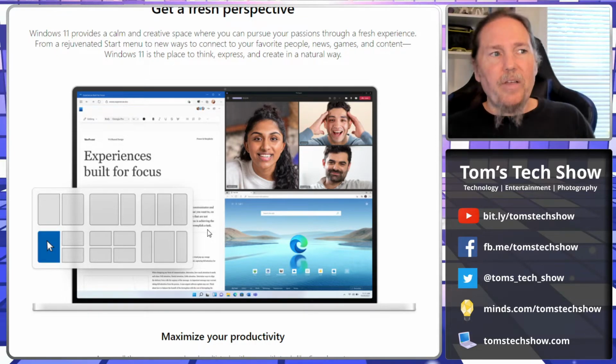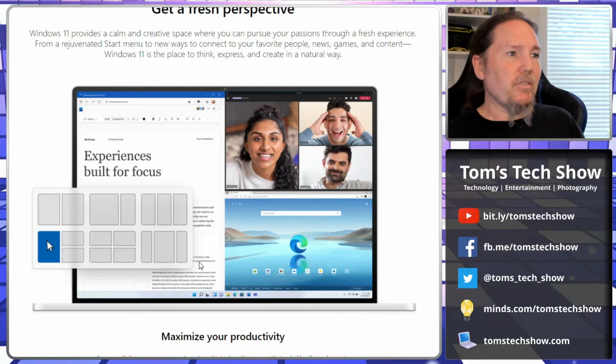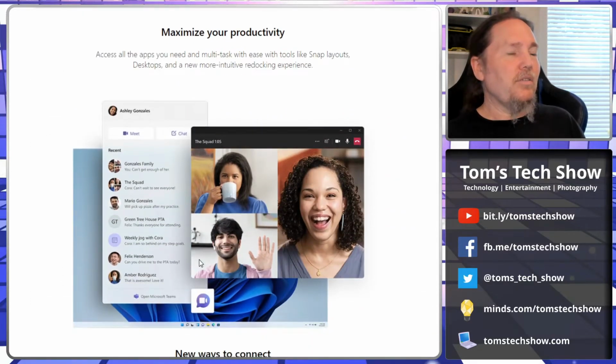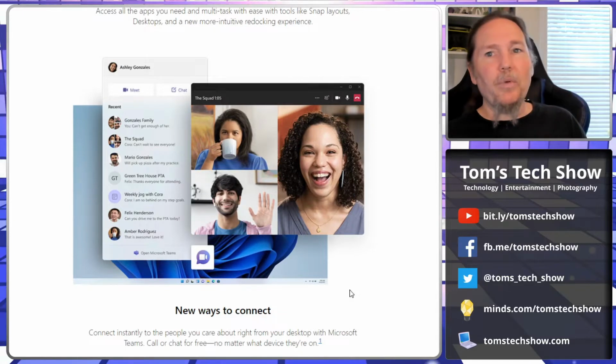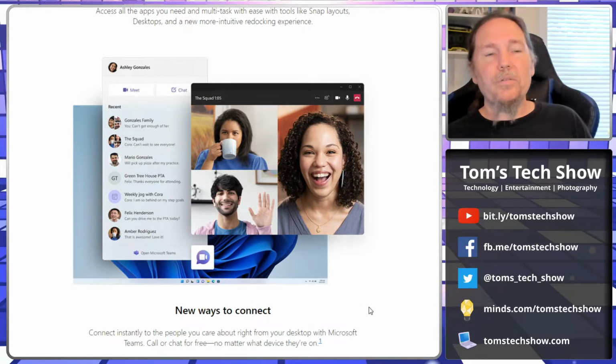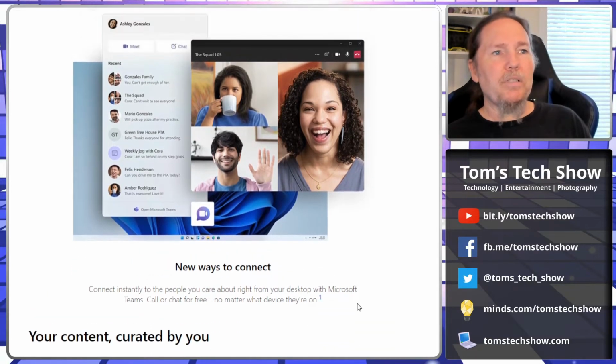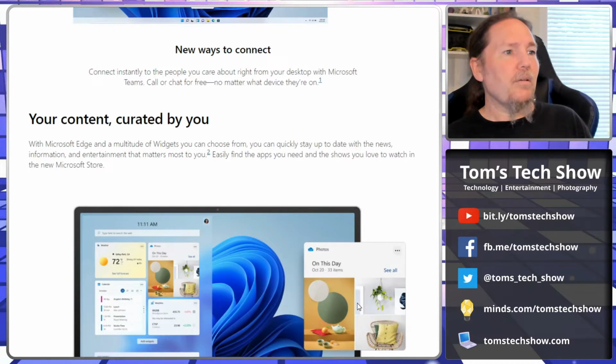I think Stardock or whatever had a way to do all this before, so now it's just been Sherlocked into Windows. And then we have Microsoft Teams now being brought into Windows as part of it. Right now, I think it's only Skype in the version I'm running, but eventually it's going to be moved to Teams.